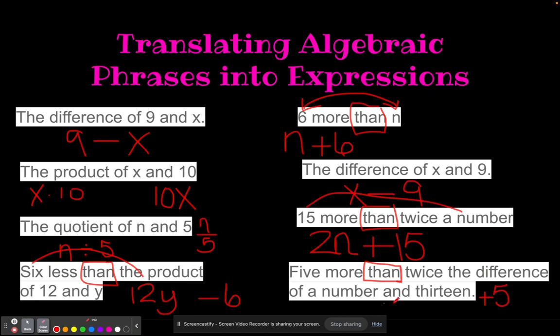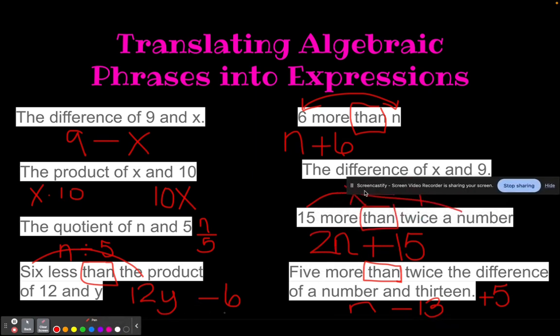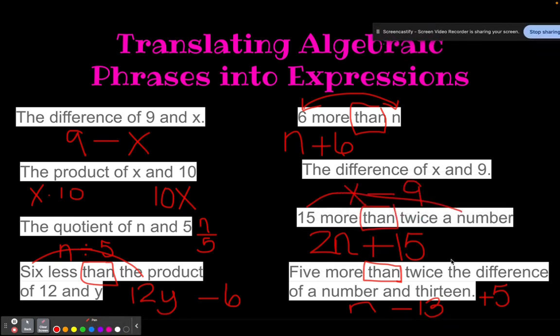Well, the difference means subtraction. So I want the difference of a number. So I'm just going to use n for the number. Difference of a number and 13. Okay, so there's my difference of a number and 13. And I need twice that amount. So if I just put 2